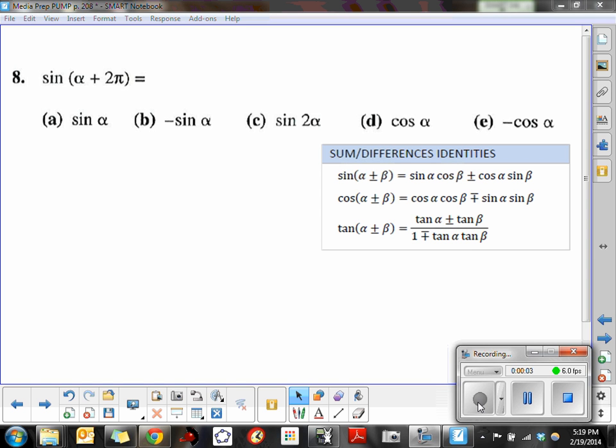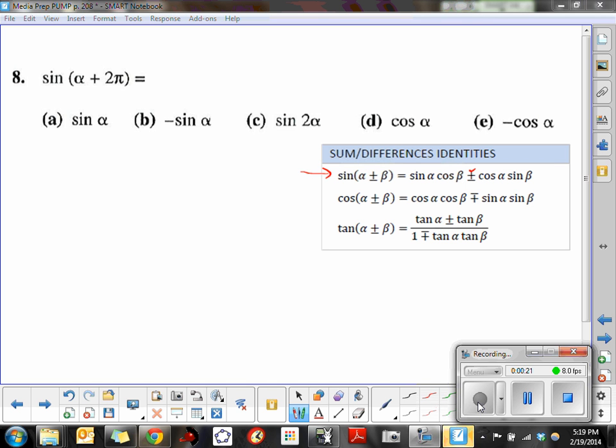Question number 8 is the sine of the sum alpha plus 2 pi. There's a sum and difference identity that we need to use in order to evaluate this. So we're going to use the sine of a sum, and I know they've got two signs here, but the sine of alpha plus beta, then we use the sine of alpha, cosine of beta, plus the cosine of alpha,